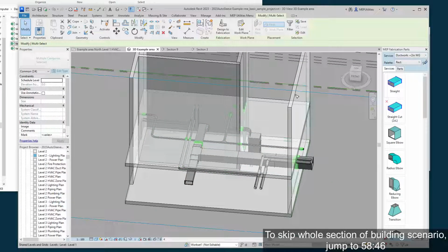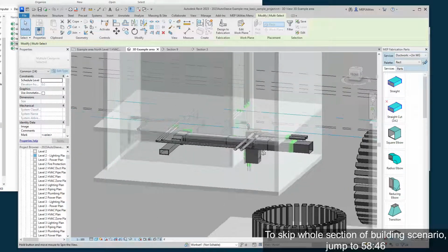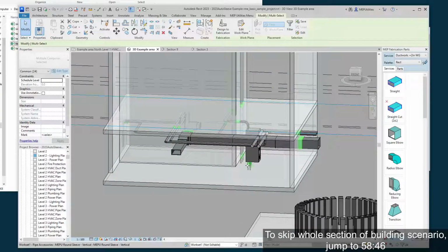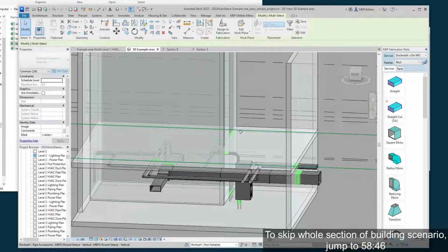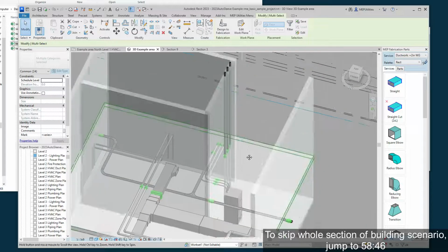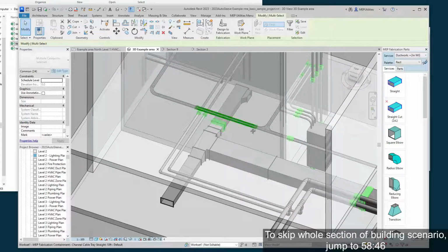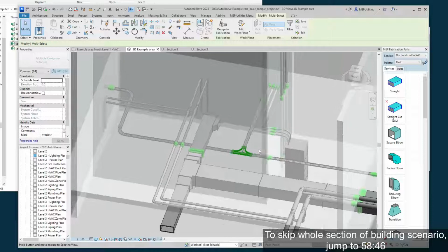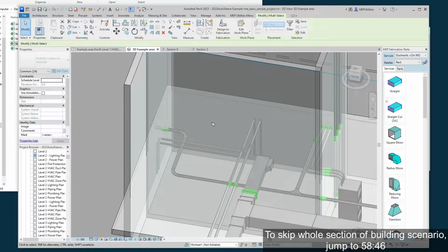We can select them, and as you can see, all of those sleeves are placed at locations where it's intersected the wall and the floor. So the conduit here got some sleeves placed on it from going through the floor. The riser has sleeves on it at both points where it intersects the floor, but there's no issue with it going through the wall the entire time. You've got duct being dealt with a square sleeve versus round sleeves, as it's supposed to be. Pipe going through the wall here. Electrical is getting round sleeves. Once again, if you needed square for the tracks or so, you're going to have to select those individually, but